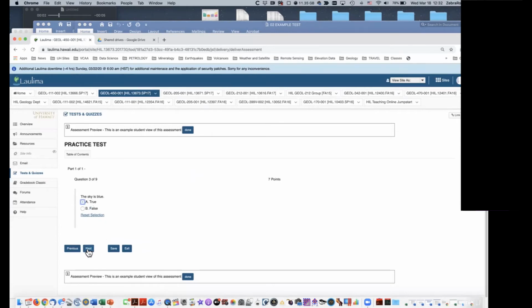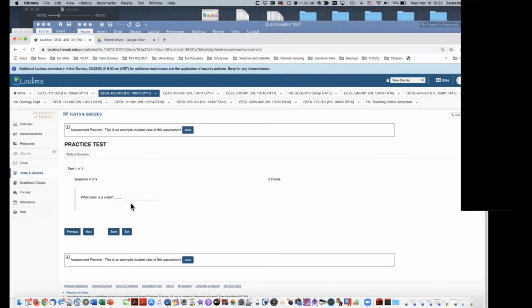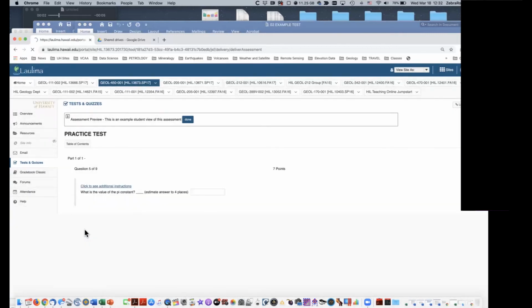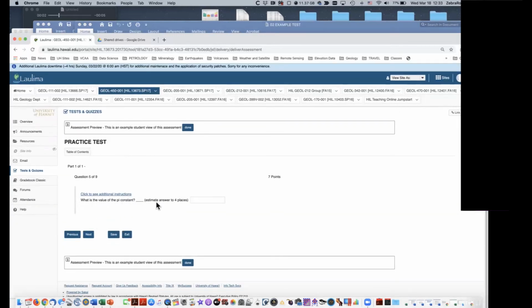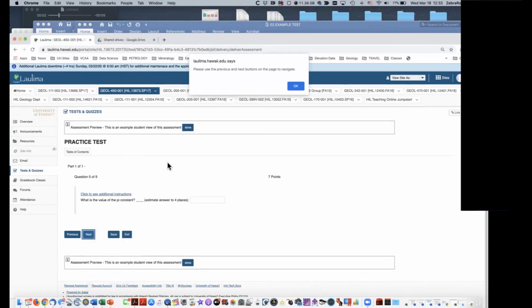and answer it. What color is a violet? So there's the little text box that comes up so that you can do that, and you can do things like one word or something. Put a hint in there if you know you just want one word. Try and lead the students as much as possible so they don't type more than is necessary into that box. And then next. And then here's the value of pi, and so it puts a box over here too, so you're going to just type your number in there. So same kind of thing, those are all good, and then the last one of these standard ones,